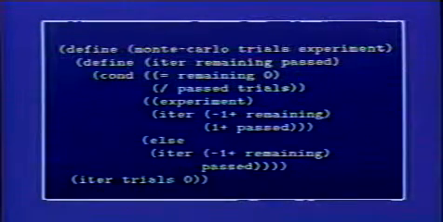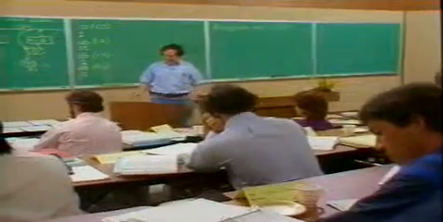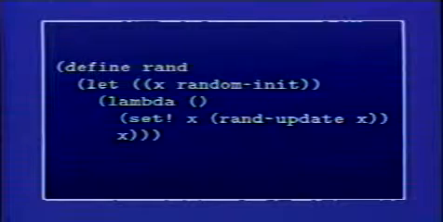And I don't have to just do this with Cesaro's experiment. It could be lots of Monte Carlo experiments I might do. Of course, this depends upon the existence of some sort of random number generator. And random number generators generally look something like this. A random number generator is in fact a procedure which is going to do something just like the counter. It's going to update an x to the result of applying some function to x,